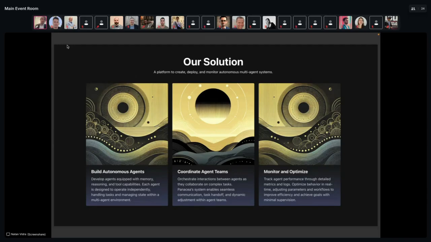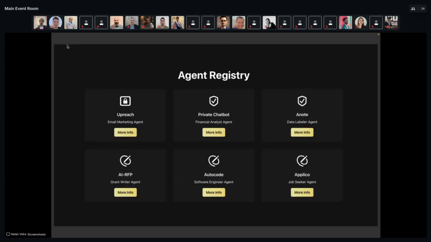What I'm trying to build as an open source product this winter, for anyone to use and try, is a way to build autonomous agents, have teams of agents work together, and have the ability to monitor and optimize these agents so they perform really well. I think it's worth talking about how this could work. One way is to have a specific agent that is good at specific use cases, like email outreach, financial analysis, or an automatic coding agent. Another frame of thought is that you can have agents within a generalist framework.